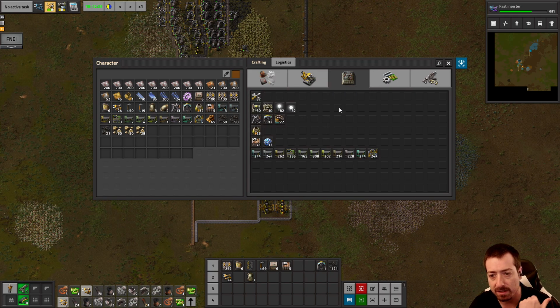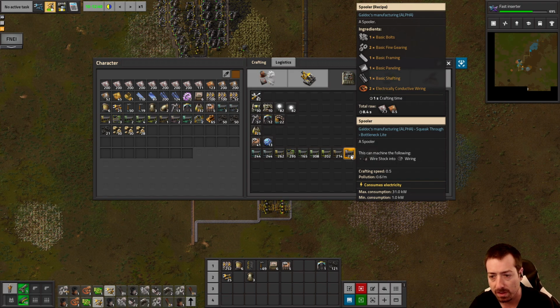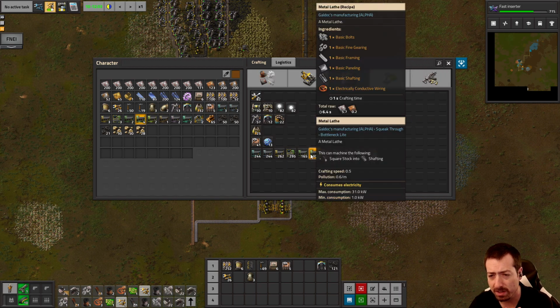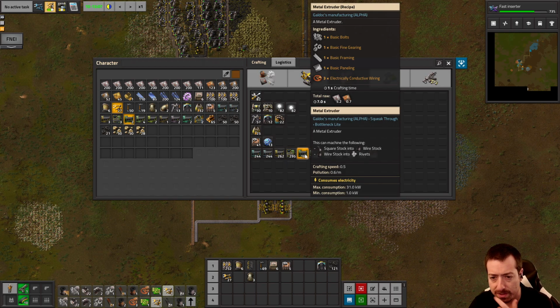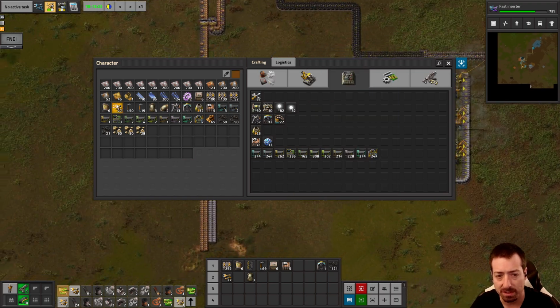I'm guessing that is a spooler. Yes. Plus wire stock. Wire stock comes from square stock? In an extruder? Yes. And square stock comes from a bandsaw. So I need bandsaw plus...